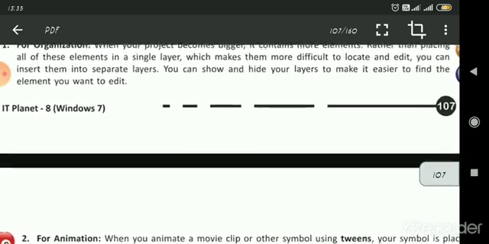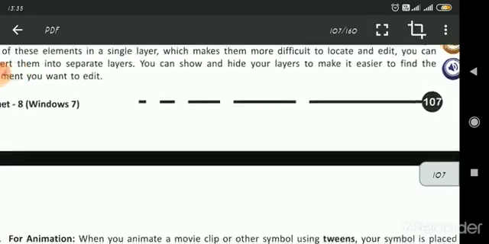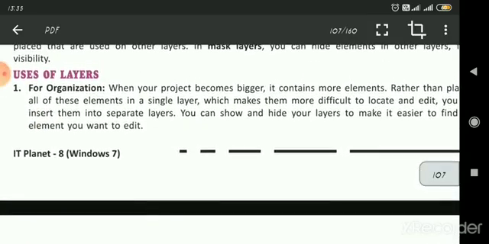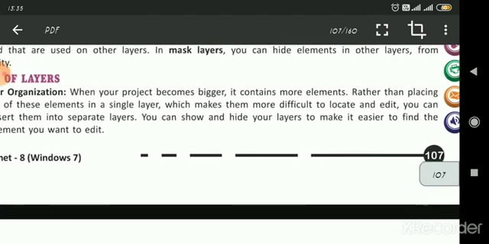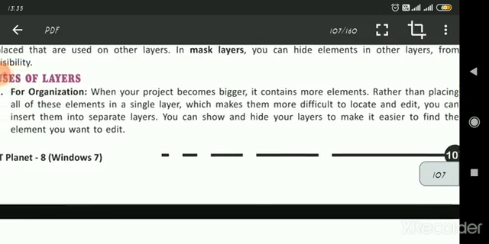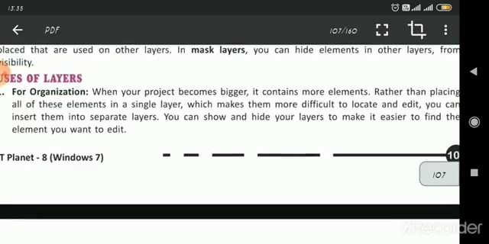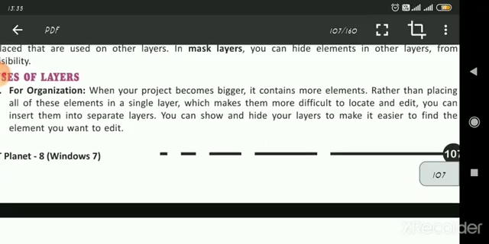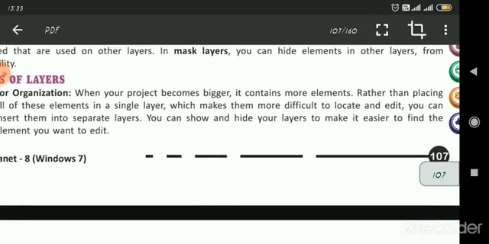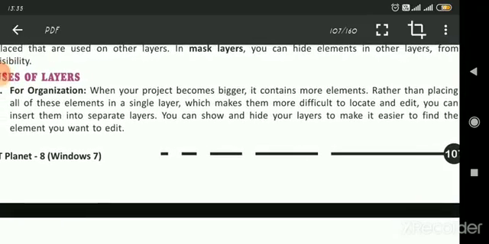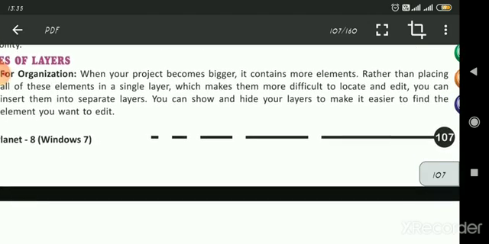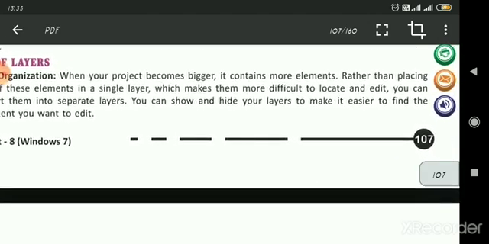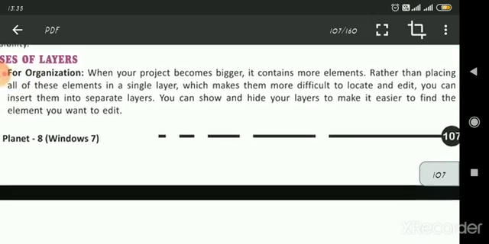You can show and hide your layers to make it easier to find the element you want to edit. If you are working in an organization and you are given a big project, placing all the elements in a single layer makes them more difficult to locate and edit, so you can use separate layers. You can show and hide your layers to make it easier to find the elements you want to edit.